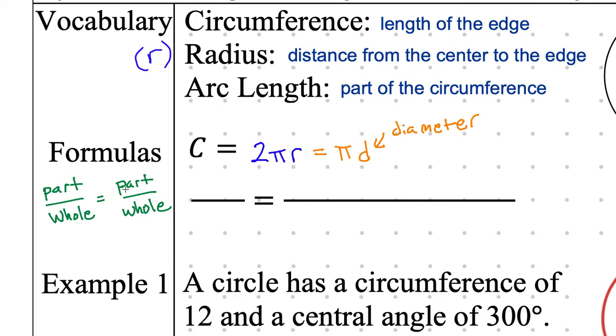So I'm going to talk about the part of the angle and the part of the circumference. In this case, the ratio on the left-hand side is going to be our angle. On the right-hand side, that's going to be our length. I guess I can say arc length. So that was just me labeling the fractions. Hopefully that doesn't confuse anyone by having fraction over fraction.